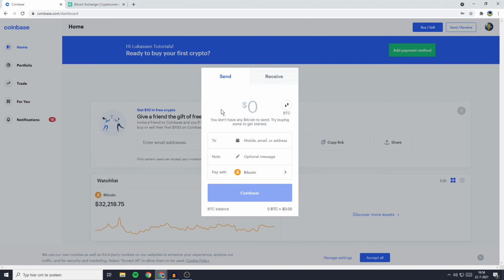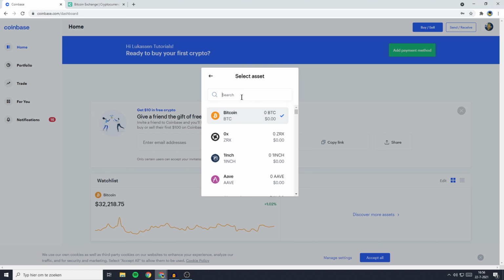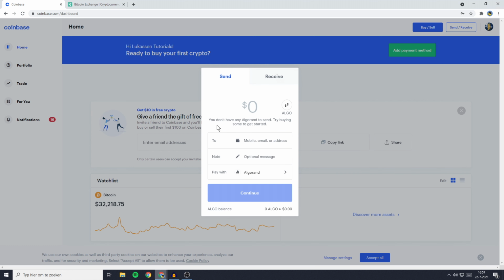You'll then get a pop-up looking similar to this one. And the first thing you need to do here is to select the coin you want to transfer. So I'll go ahead and search for Algorand. Once you have selected the coin you want to transfer, you'll now need to fill in the address you want